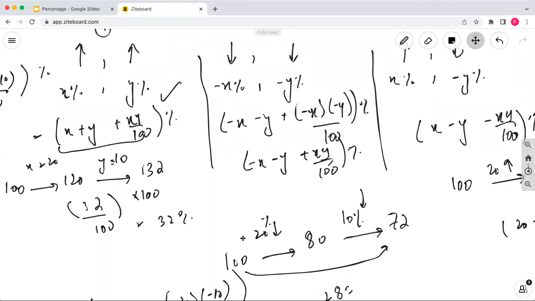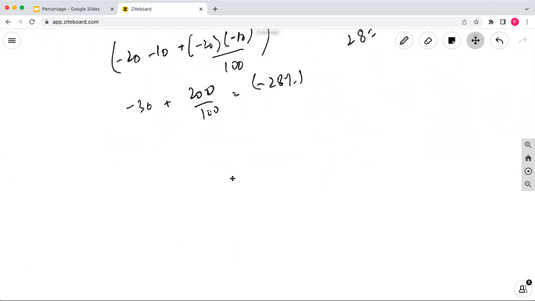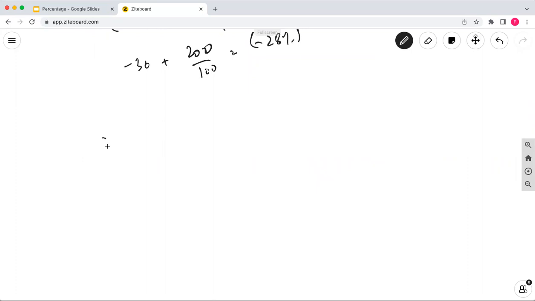For example, if you have a sequential increase for 3, let's suppose you have X, Y, and Z. First do it for X and Y, whatever result you got, then apply Z afterwards, right? But if you have more than 2, this formula is not recommended. Just go with the fraction cases and that's all. The next thing is one more concept, and then we'll move to the question part. That is